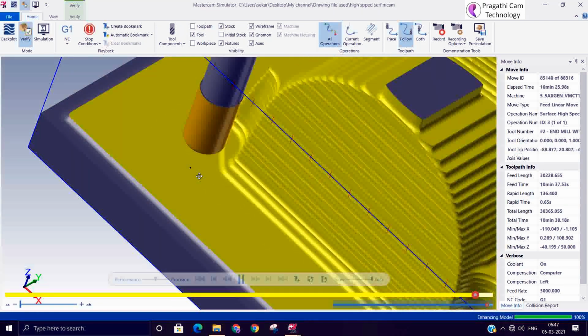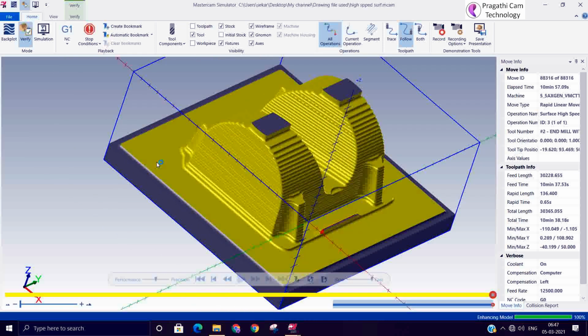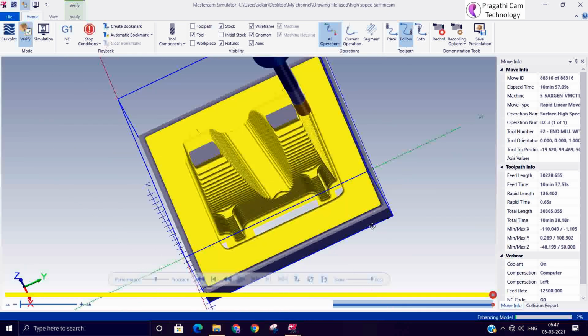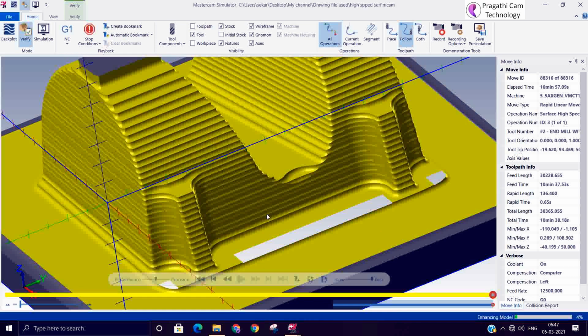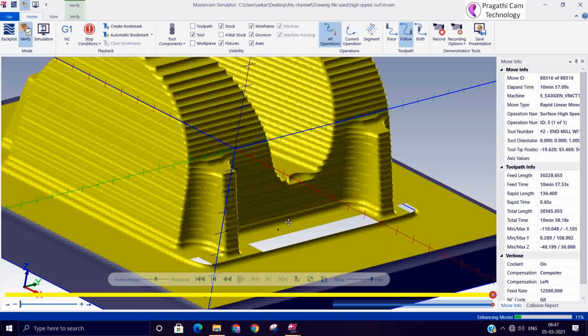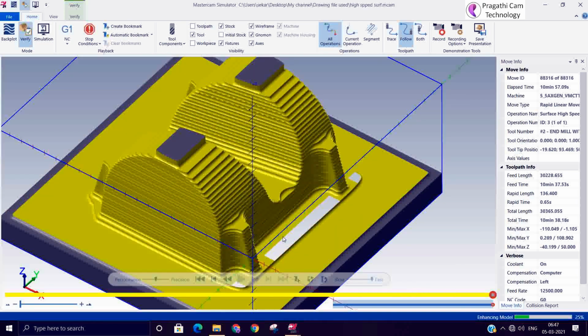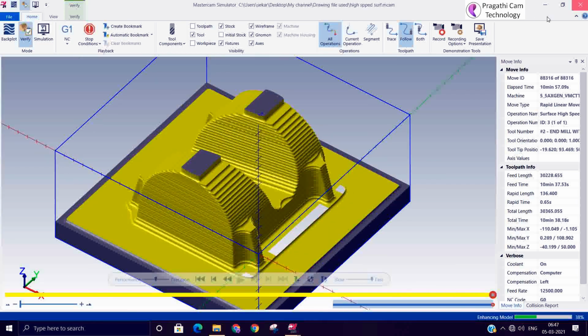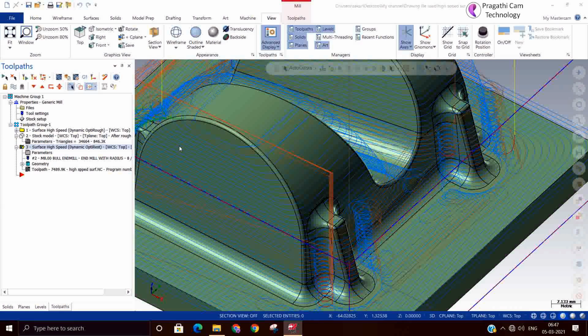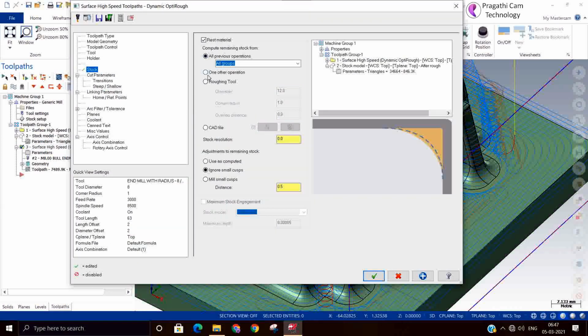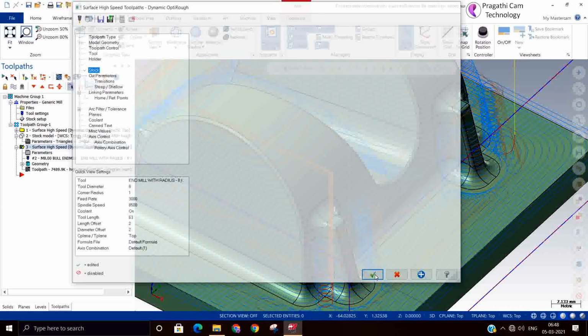It is showing gouge, but in reality it is not doing anything there. It's not plunging, but it's showing the gouge. So based on the material and model, you can select the correct method of machining.